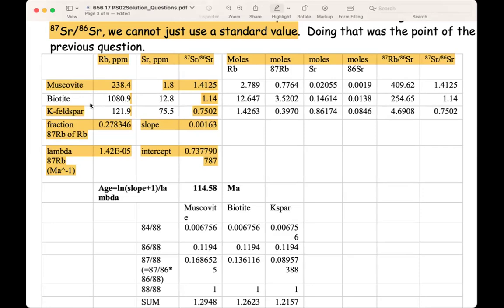So likewise, you can use them to find out